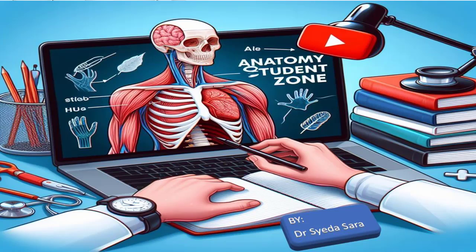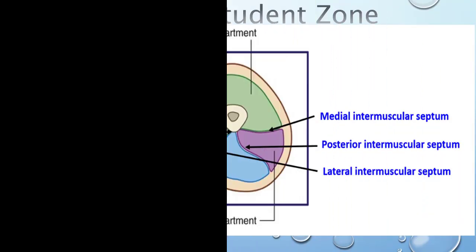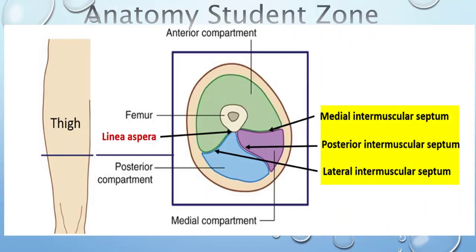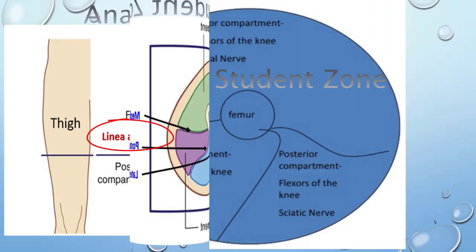So in a previous lecture, I told you how the thigh region is divided into different compartments. I covered already that there are three fascial septa that are passing from the inner aspect of the deep fascial sheath of the thigh, that is the fascia lata. After arising from the fascia lata, these fibrous septa get attached to the linea aspera of the femur bone, and this arrangement divides the thigh into three compartments.